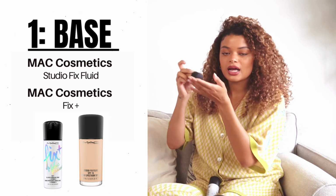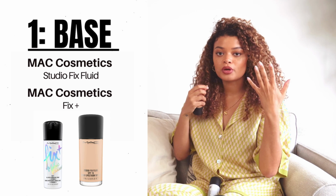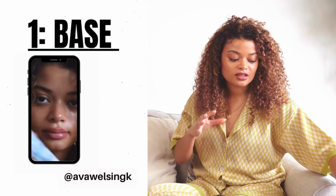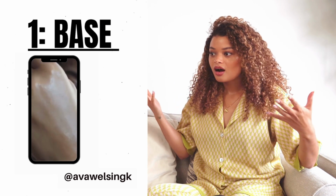And then dab some of this in, mix it with a buffing brush. And then literally as soon as you put it on, I have a video on my Instagram using it, and you can see the transformation as I'm applying it. It is like you've got this sheer wash, because I can see your freckles, but there's a uniformity, everything looks really even. Exactly. And they work so well together, because not all foundations can be diluted. It will break up the texture too much, but...